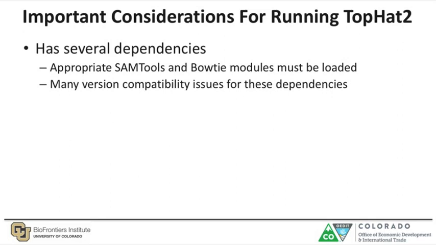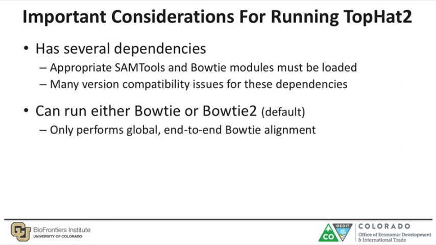and its dependencies. In TopHat 2, you have the option to run either Bowtie or Bowtie 2, though Bowtie 2 is the default. Please be aware that when TopHat 2 runs Bowtie 2, it will only run it in the global end-to-end alignment mode. Although not every Bowtie customizable parameter is available when running TopHat, you will be able to specify a number of alignment options, including the various preset alignment parameter settings from Bowtie 2, such as fast and